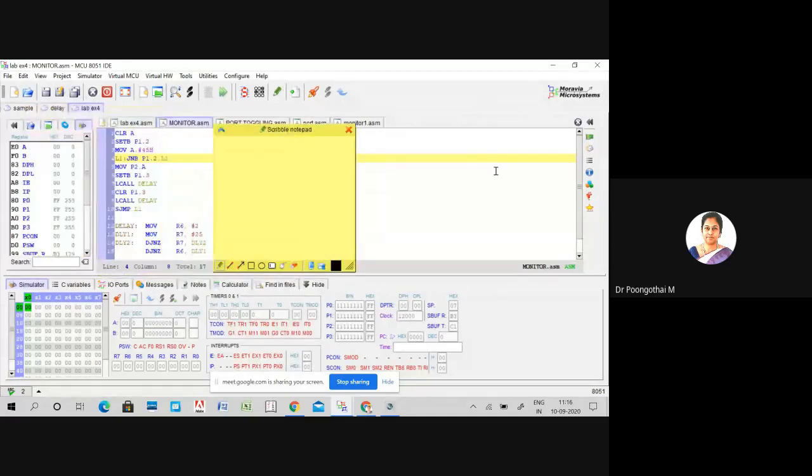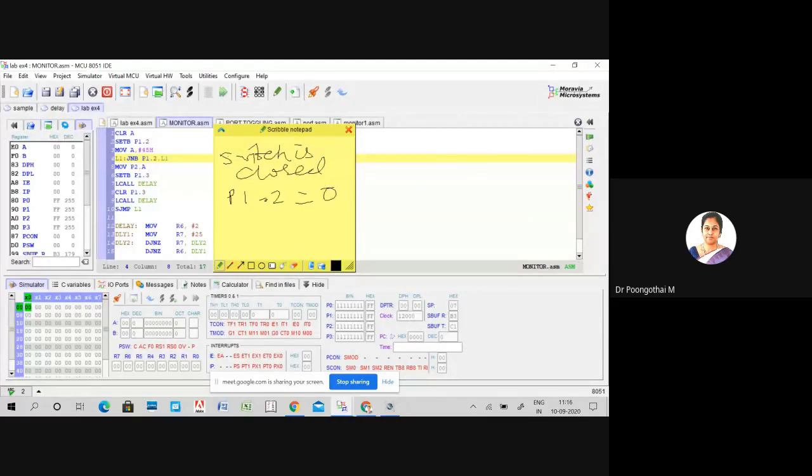So please note down the condition for your keypad. Suppose your switch is closed, in that case P1.2 is equal to 0.